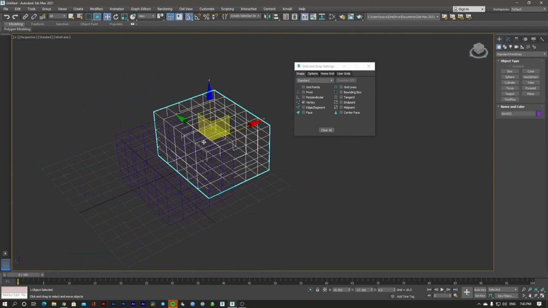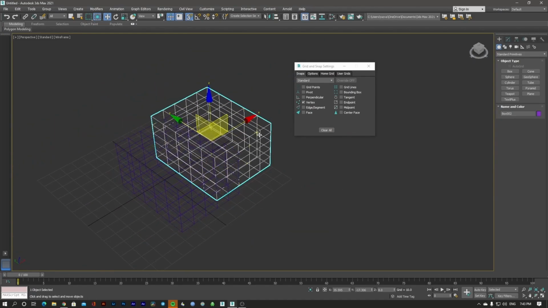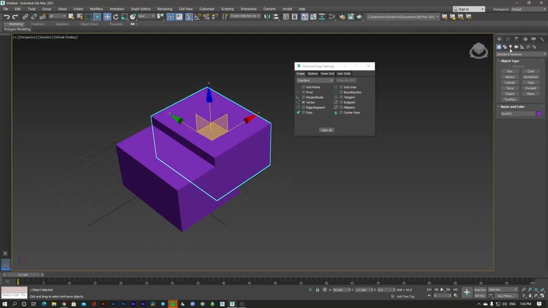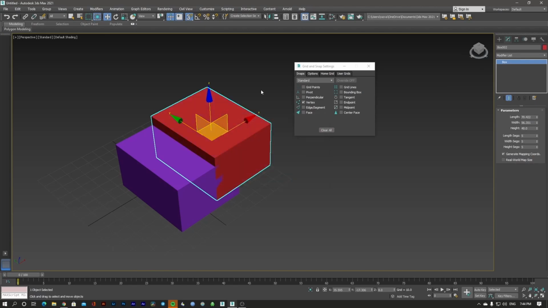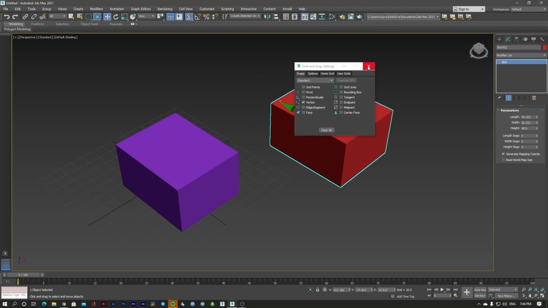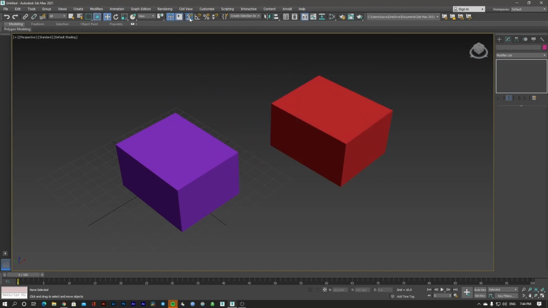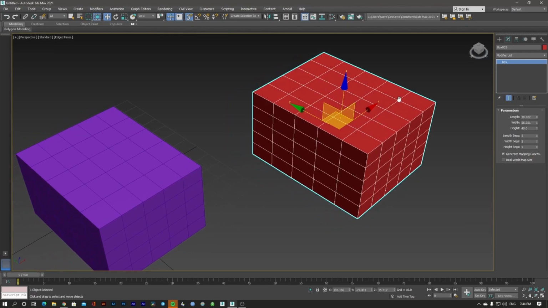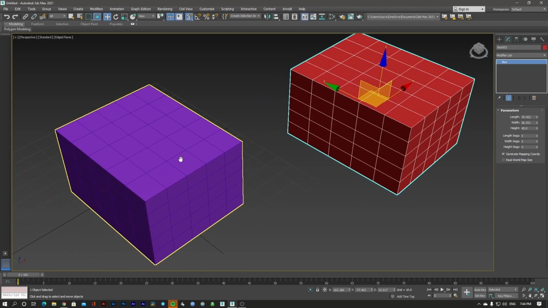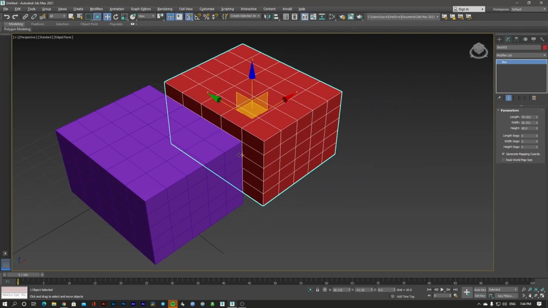So what it means is that I can select any vertex from this box. Let me just change the color of the box so it's going to be much clearer. Okay, so the red box, we have two boxes now. I'm on the vertex selection. So right now, because the snap toggle is on 3 points, I can select any vertex from the first box, and I can put it on any vertex from the second box. So for example, I'm selecting this and I want to go here on the corner, it's just going to go and